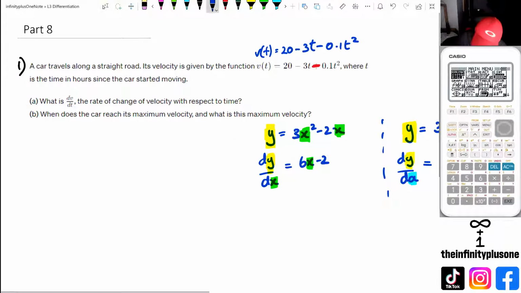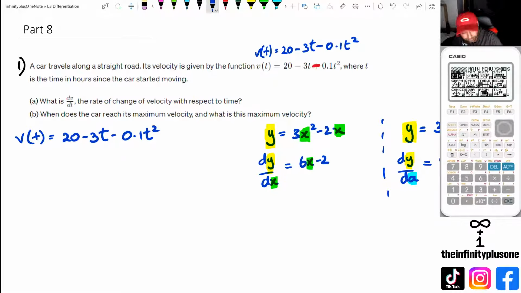So going back to this question here, we've got v of t equals 20 minus 3t minus 0.1 t squared. And we're going to put this as dv dt, because think about it like this. V is kind of like the y, and t is kind of like the x in dy dx. So that's the idea behind dv dt. But really, all you're doing is just differentiating it. So when you differentiate this, you're going to get minus 3,